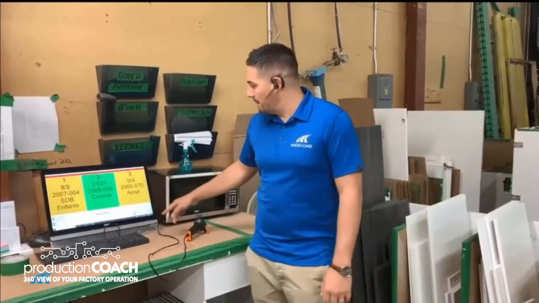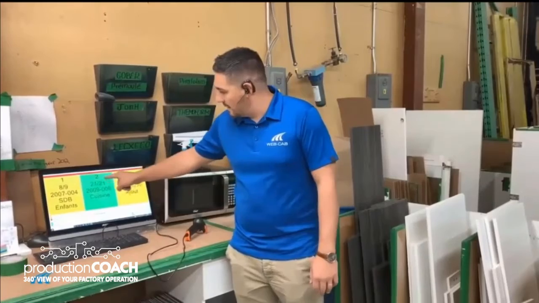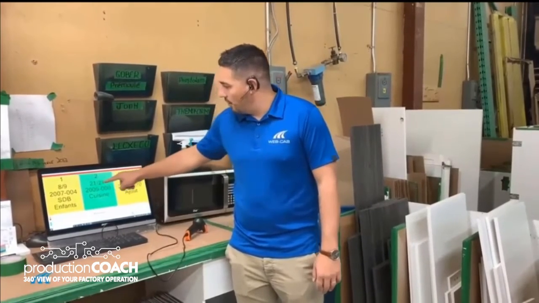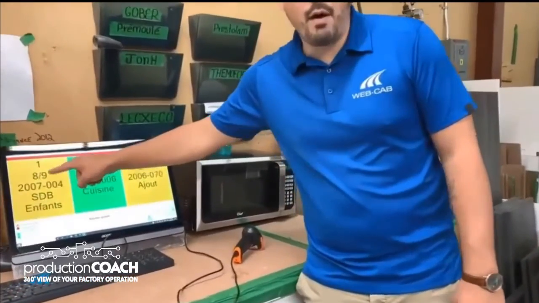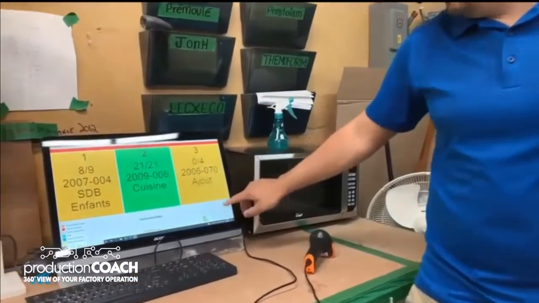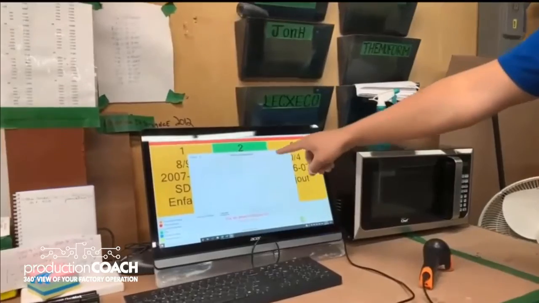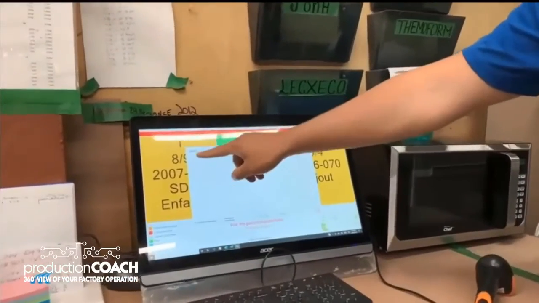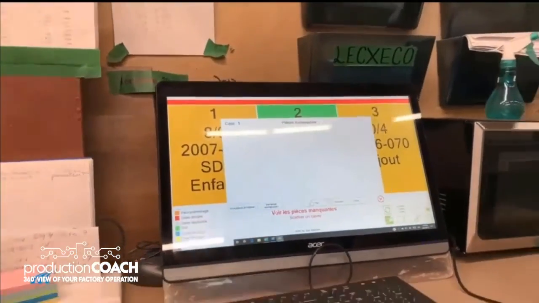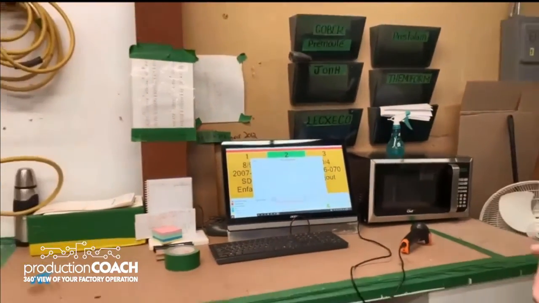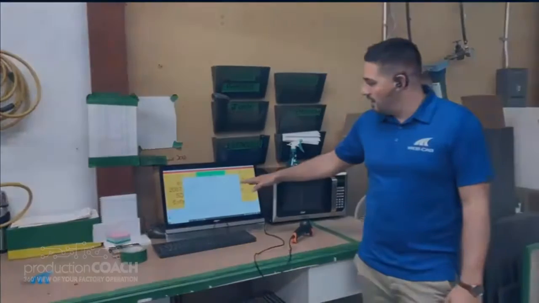If we're missing something, well, automatically, as you can see in the system, in that job we have all the doors loaded up. But if I look at this job right here, we're missing one part of its elements. So I can go in and see directly in the system what is missing and the reason why it's missing also. So we can see that we have a door base missing. So it must have been received, and we missed the baby reject from the supplier. So it has been punched into the system,